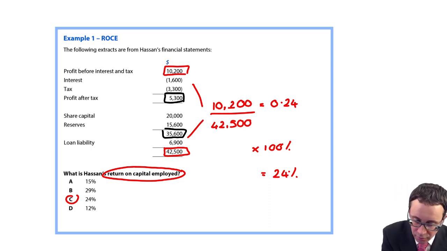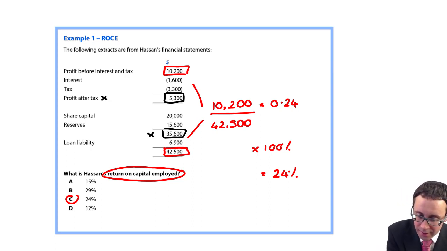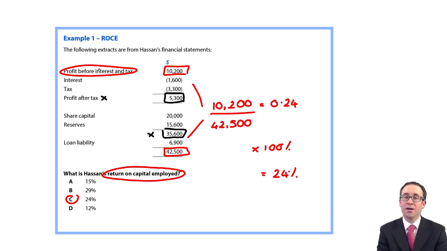So you've really got to be careful that you don't use your profit after tax, or your profit for the year, and that you don't just use your equity. Now you take your profits before interest and tax, and then divide that by your capital employed, which is the equity plus the net